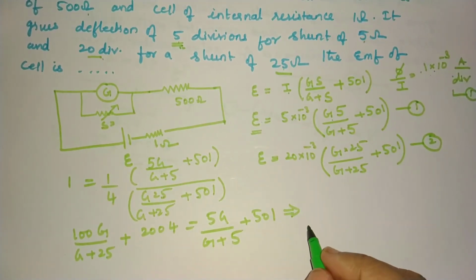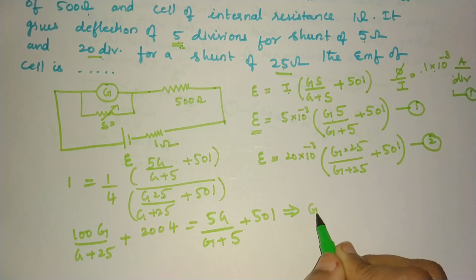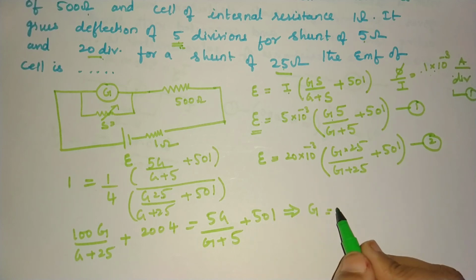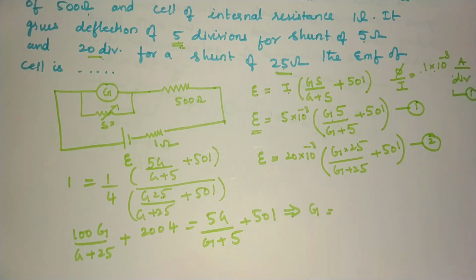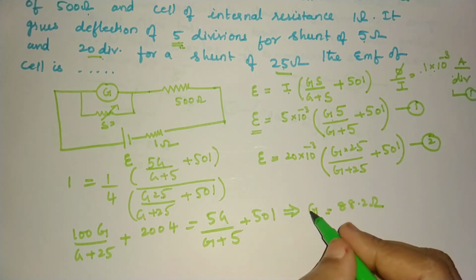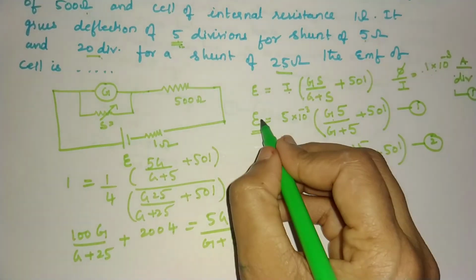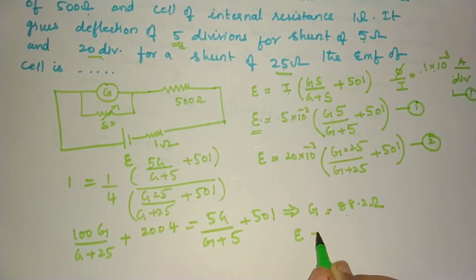Okay, I'm directly writing the value. After simplifying this, we are going to get the galvanometer resistance as 88.2 ohms. Substitute the value of G in EMF. You will get the value of EMF after simplifying. I'm giving the answer. Solve it and check out. It should be